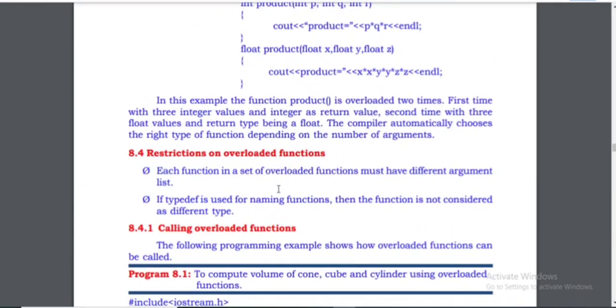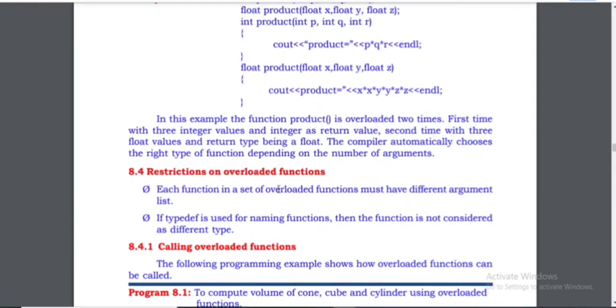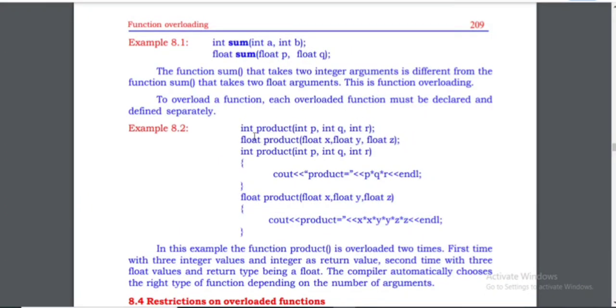So what are the disadvantages of this overloaded function? Each function in a set of overloaded functions must have a different argument list. So if we use function overloading, all functions must have different argument lists. Okay? So you can see here int product, so product is the overloaded function.